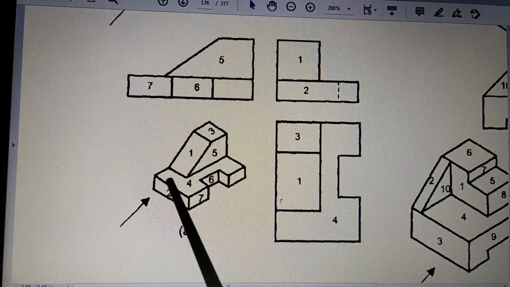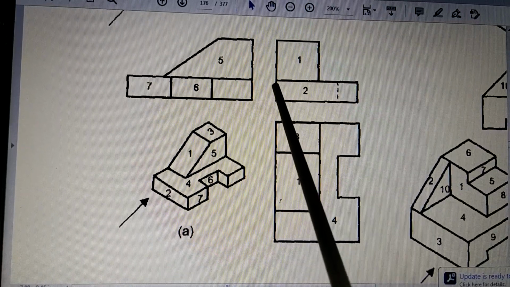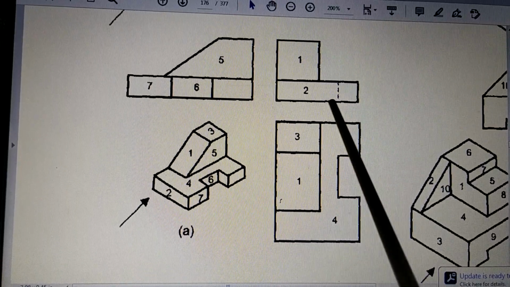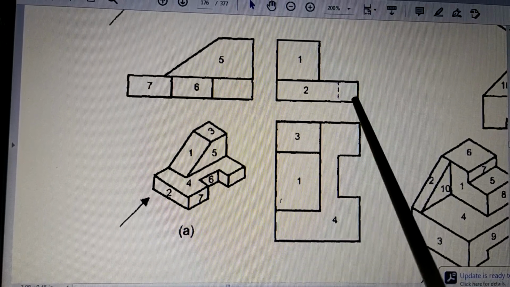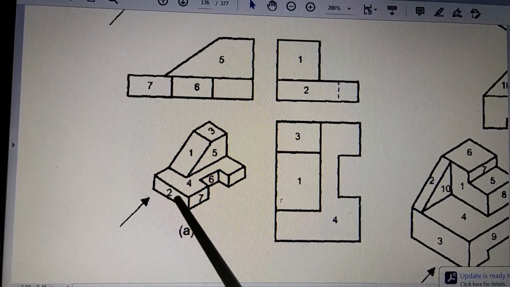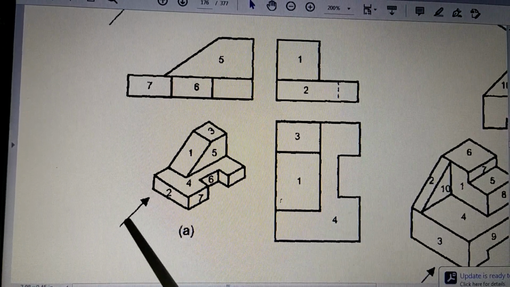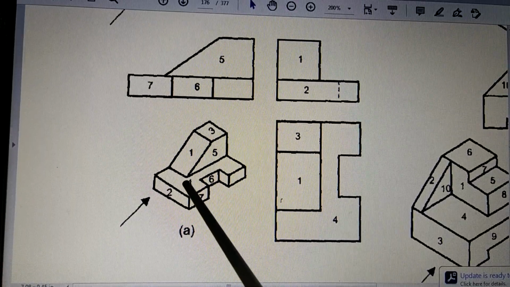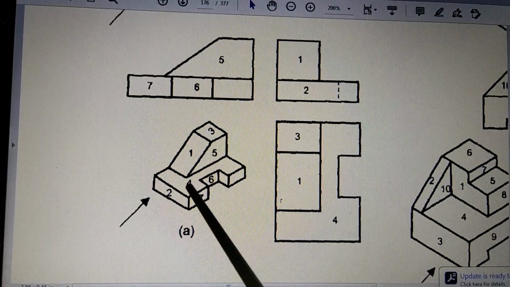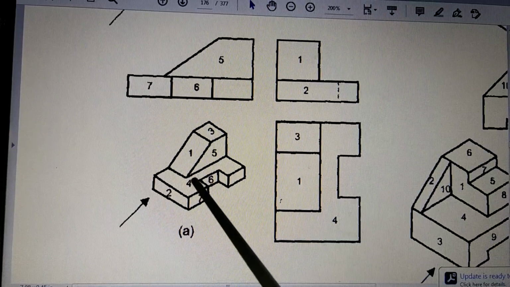So when you see in this direction, the first thing is you will be able to see this rectangle. That rectangle is drawn here as per the dimension. Here the dimensions are not given, so you can just think of the size that is shown here. That is the front surface which is clearly seen, and that is drawn. After that, surface number 4 that is shown here is parallel to your direction of viewing, so you will not be able to see surface 4. Instead, this line itself will represent surface 4. So we don't have to draw a shape like this.